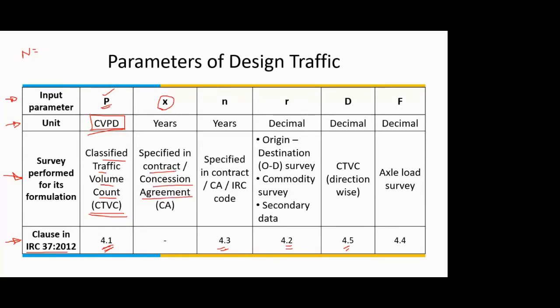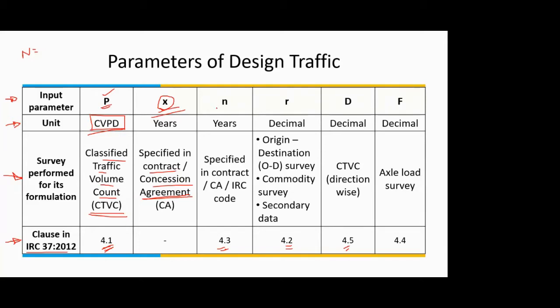So whatever is the agreement between the two parties, the one who is constructing the road and the one who is paying that contractor to construct the road. So between them, there is a contract, and in that contract, it is specifically mentioned that you have to complete the work or complete the construction in so and so years or so and so months. So that count or that value of X you will directly get from the contract agreement, and if you see there is no clause for it, because directly it's a value that will depend on the quantum decided by the client, and then accordingly the work will be done. Okay, so the X value directly you can get from that contract agreement.